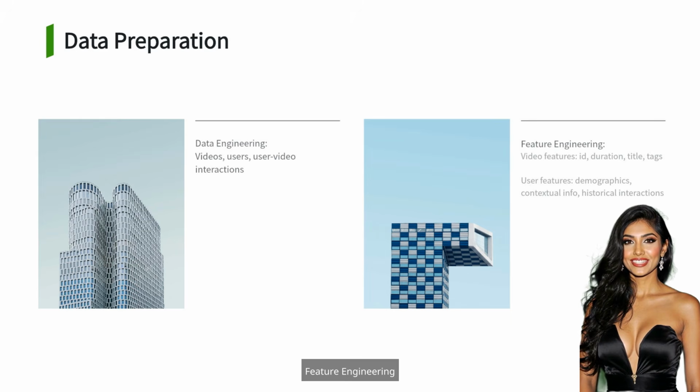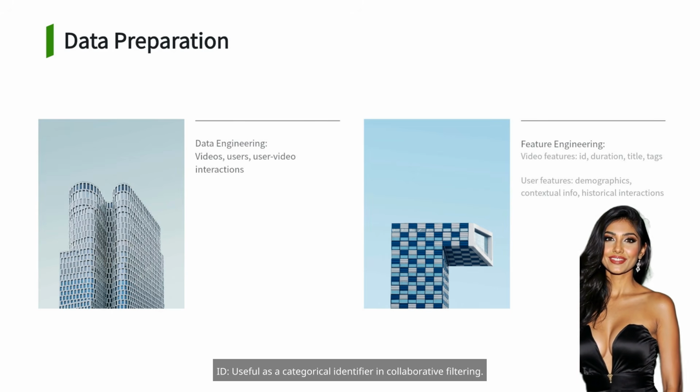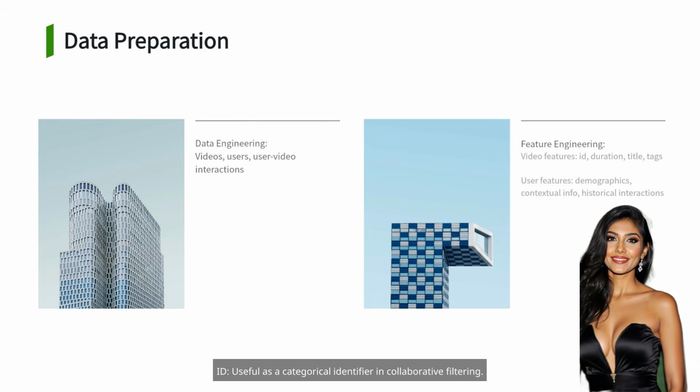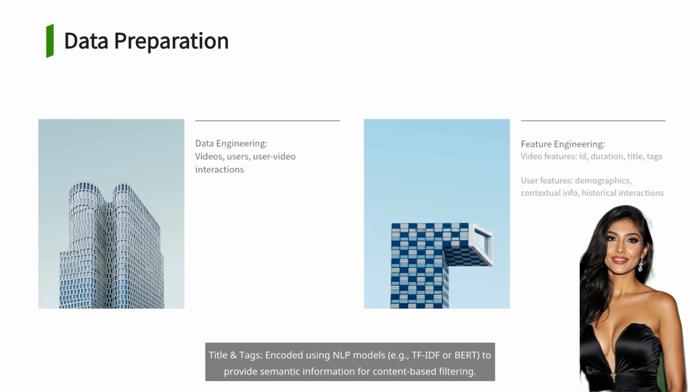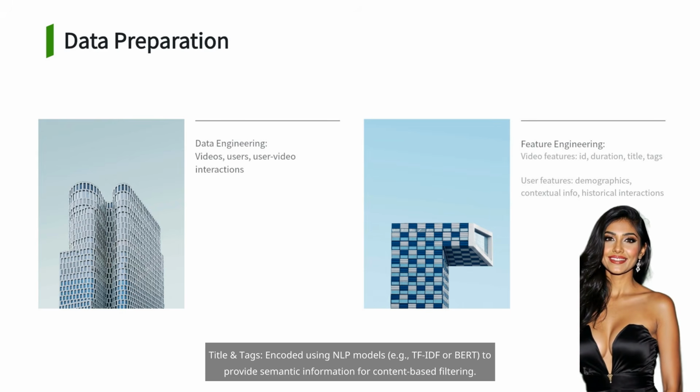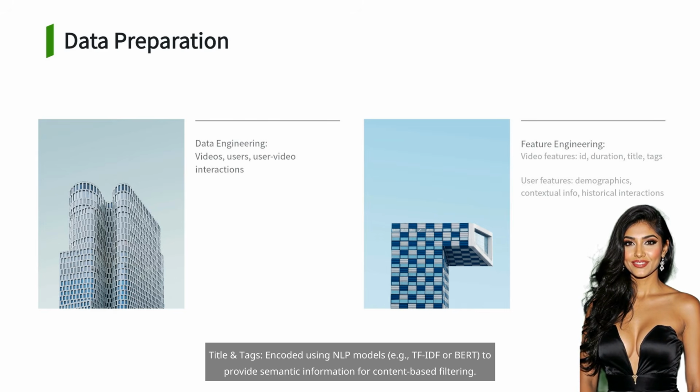2. Feature engineering. Video features. ID. Useful as a categorical identifier in collaborative filtering. Duration. Helps determine user interest in short versus long-form content. Title and tags, encoded using NLP models, e.g., TF-IDF or BERT, to provide semantic information for content-based filtering. User features,